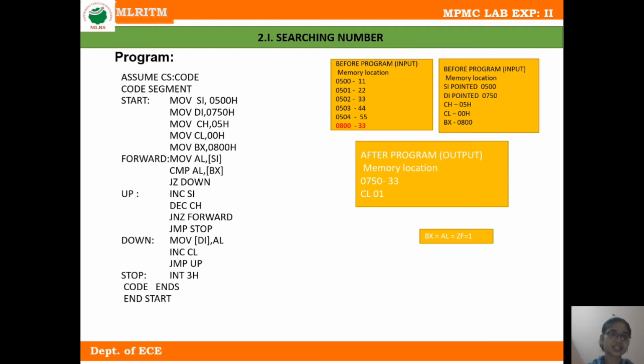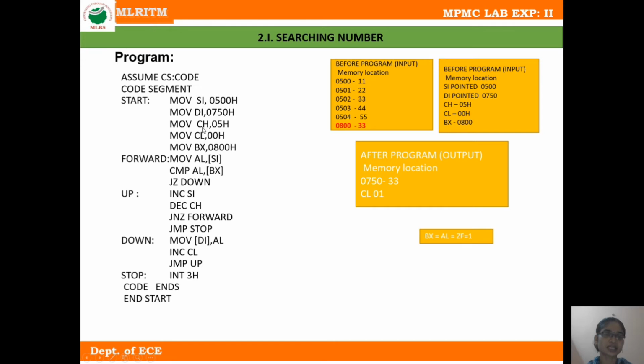The next instruction is MOV DI, 0750. This 16-bit immediate data is moved into the DI register. The next instruction is MOV CH, 05H. This is 8-bit immediate data which is moved into the CH register.